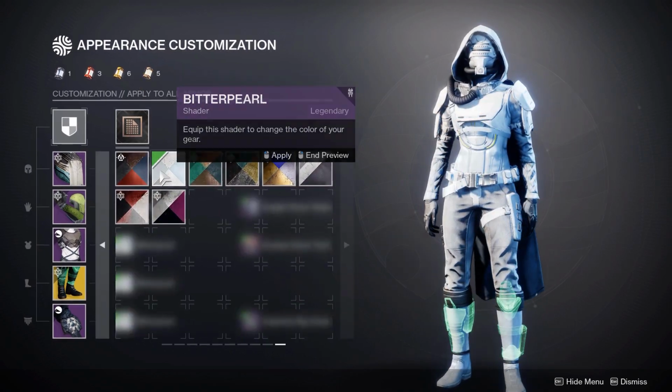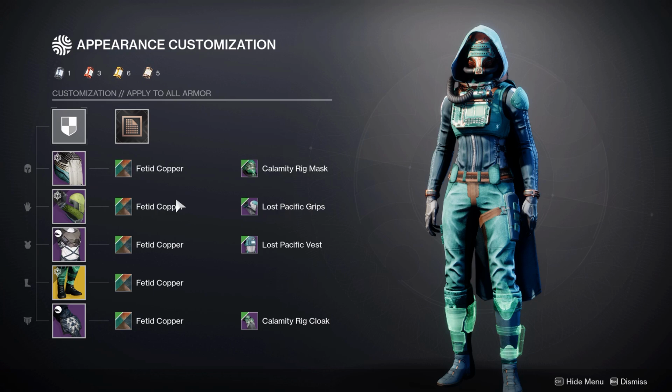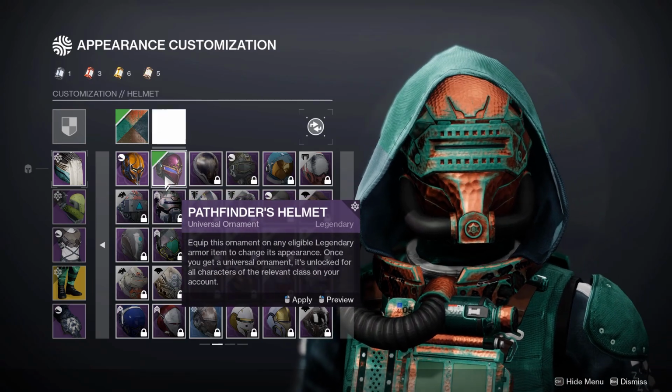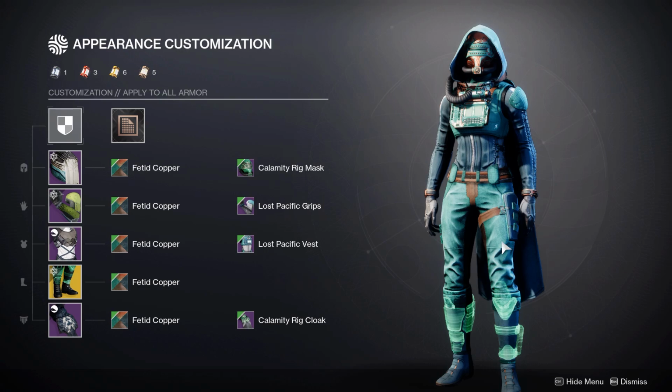Or you could go with Bitterpill from the Vault of Glass raid for an all white look. But yeah, that's pretty much the entire set. I honestly think this Gambit shader is one of my favourites I've received in a long time. It creates like a nice corrosive look across so many helmets in the game. But yeah, that's pretty much the second Hunter set, and let me know what you think of it in the